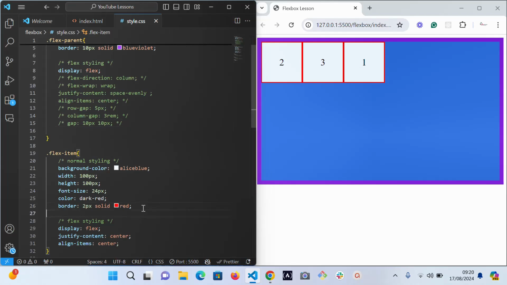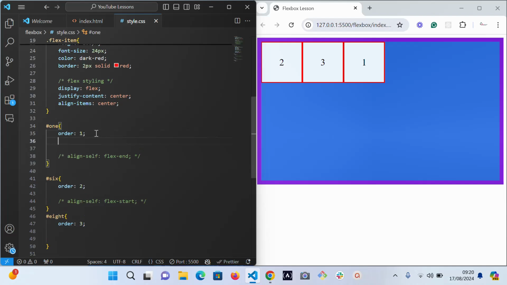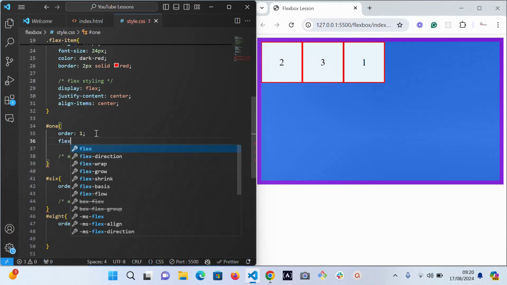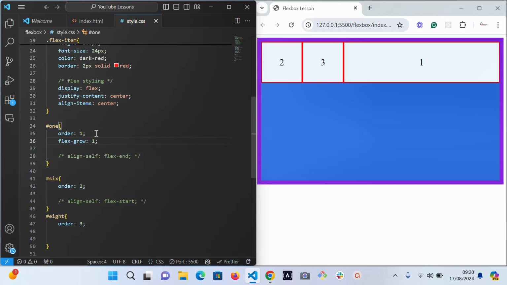So flex grow has to do with... we are left with 1, 2, 3 now. Let me go to 1 and give it a flex grow of 1. It's going to expand to the remaining space. Can you see that now? It's going to expand to the remaining space because it means that it should grow to the remaining space